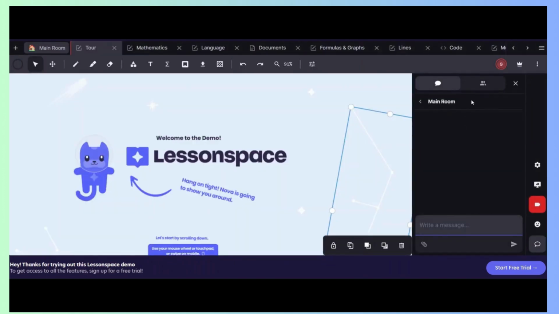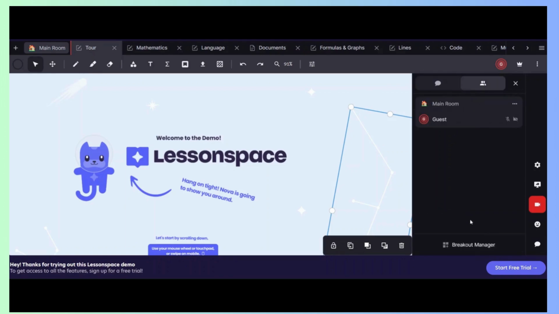There's also a chat box function where you can chat with your whole class, or maybe do it independently. I have not done breakout rooms yet, so you can maybe try that yourself. You can choose there to make a breakout room. So here, if you want to chat to someone independently, you just click on their name and you chat there. If you're going to chat to everyone, you choose main room.